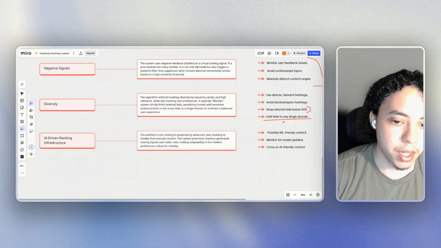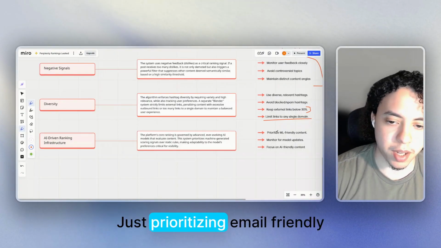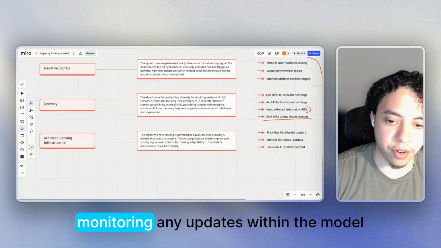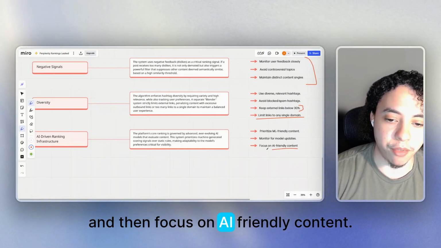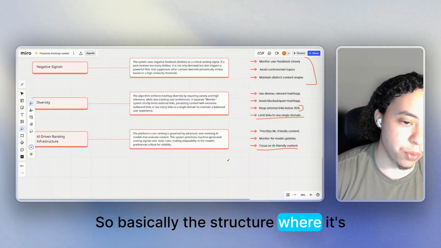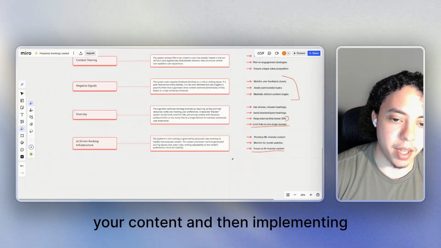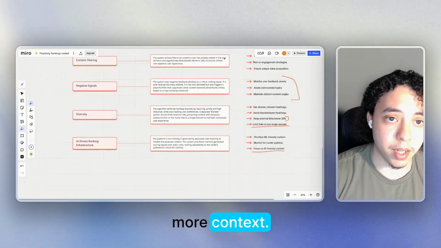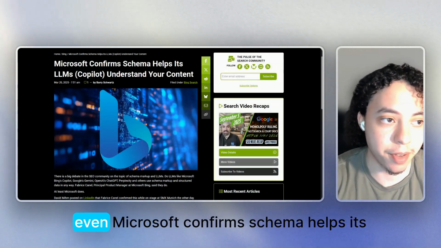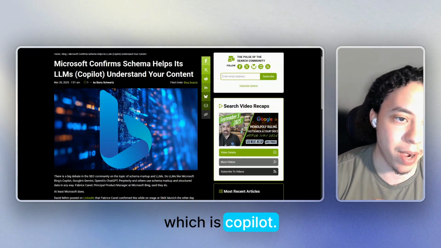But pretty much the AI-driven ranking infrastructure falls in line with everything I talked about: prioritizing ML-friendly content, monitoring any updates within the model, and focusing on AI-friendly content. Basically a structure that is easier for the LLMs to read and rank your content, and implementing things like schema markup to provide more context. Interestingly enough, even Microsoft confirms schema helps its LLMs, which is Copilot.